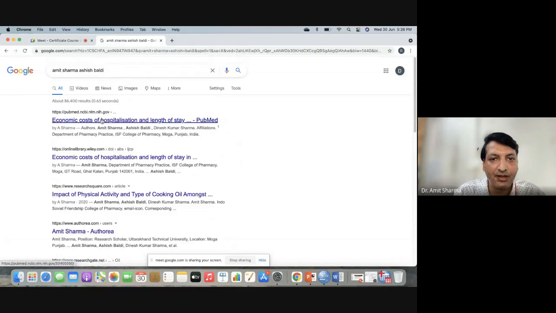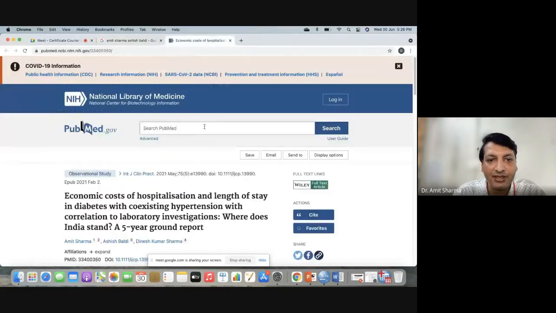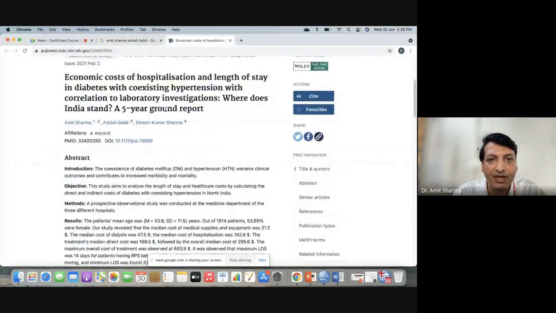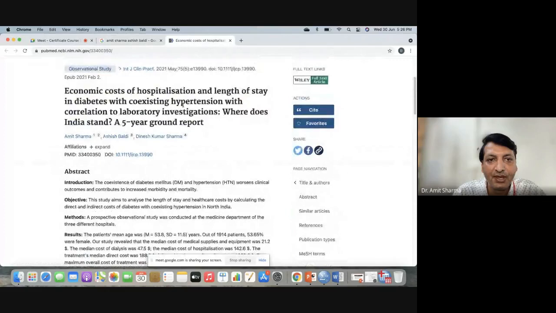You can see the content I was discussing right now. This is the publication which I have made from that particular data: economic cost of hospitalization and length of stay in diabetes and coexisting hypertension with relation to laboratory investigations.